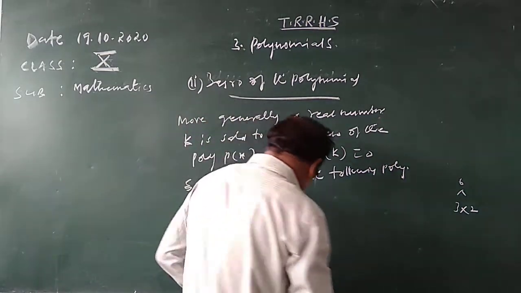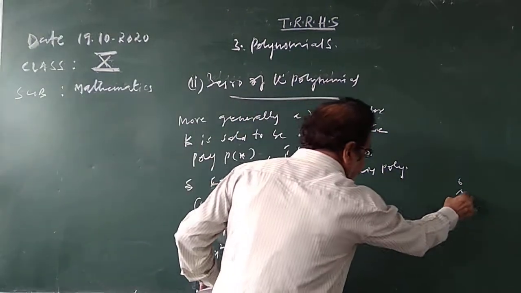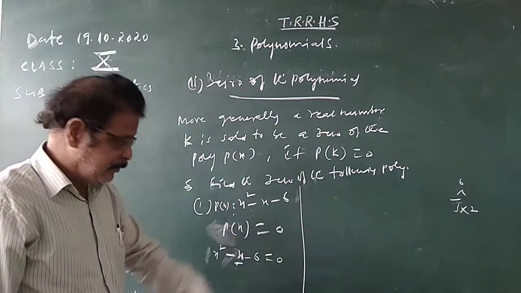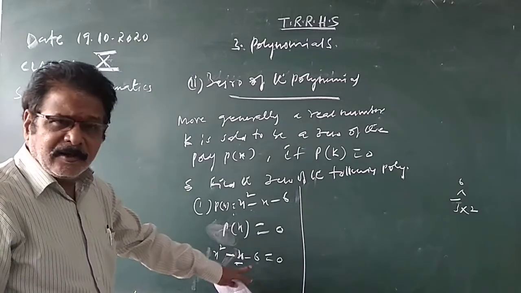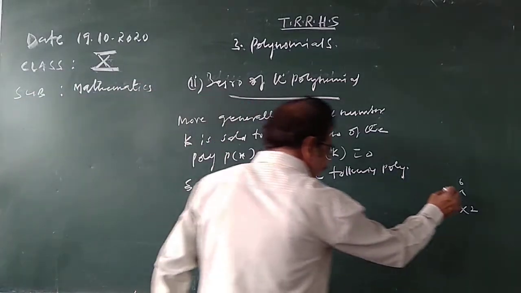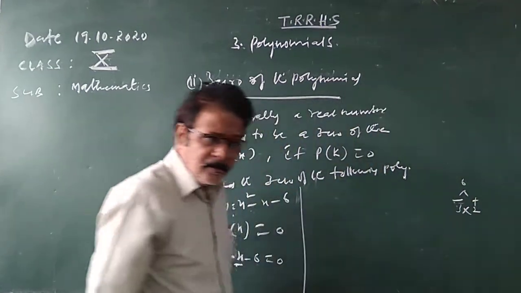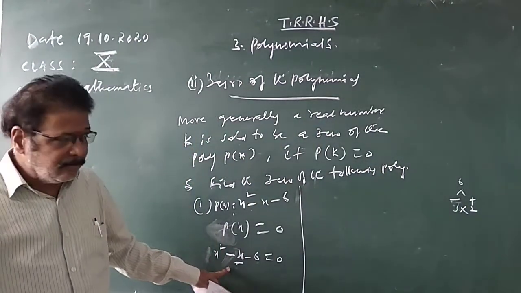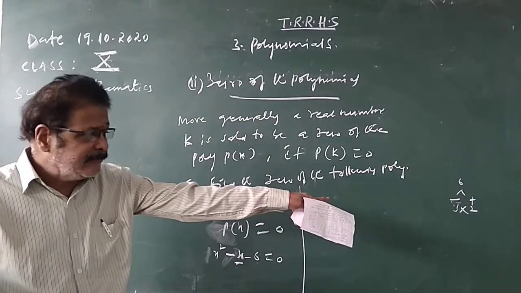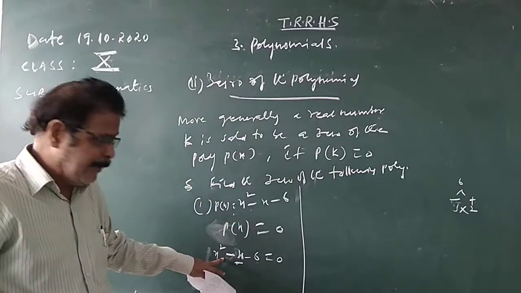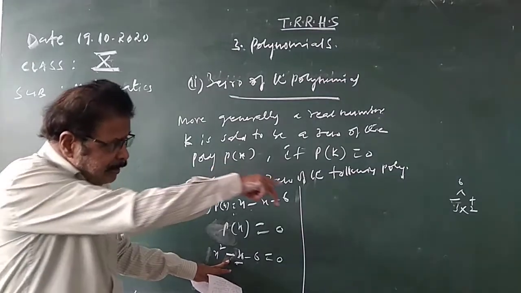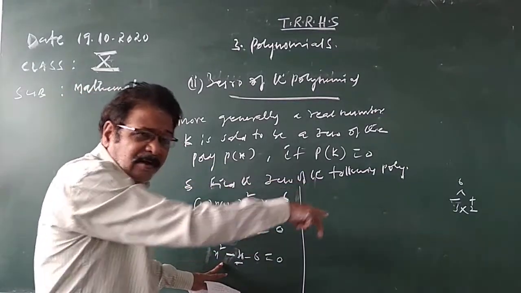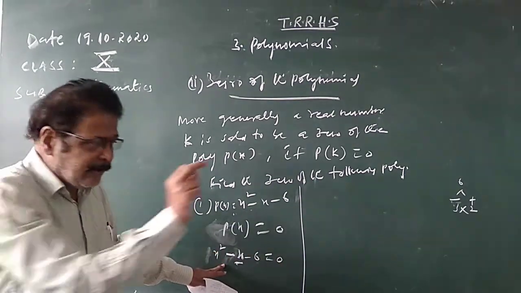So the middle term sign is always allotted to the greater factor. The constant sign is what? Negative here. If the constant is negative, give the opposite sign of the greater factor to the smaller factor. So how to allot the signs? The middle term sign should always be allotted to the greater factor. The greater factor is 3. So what is 3's sign? If the middle term is minus, minus is given to the 3. If the middle term is plus, plus is given to the 3. Always the middle term sign is given to the greater factor.